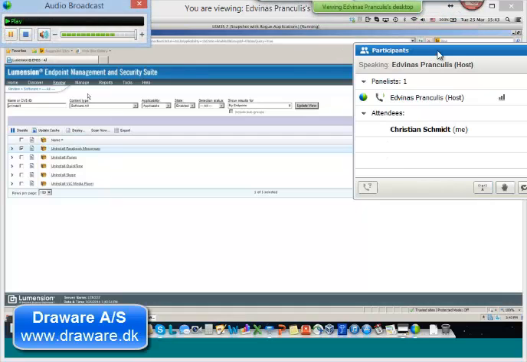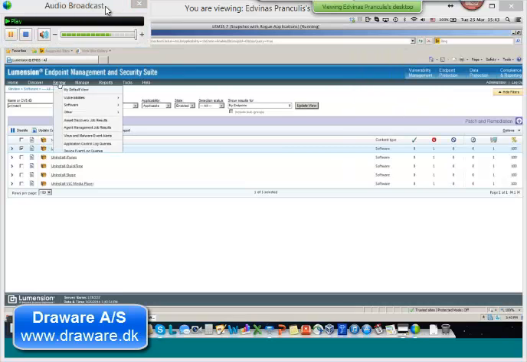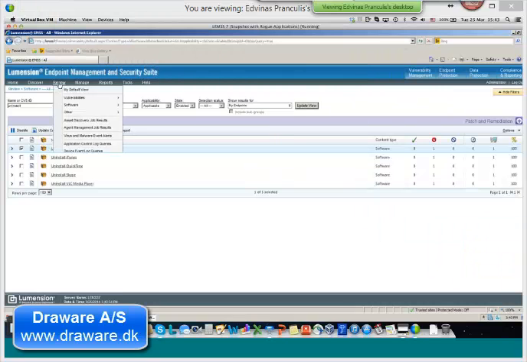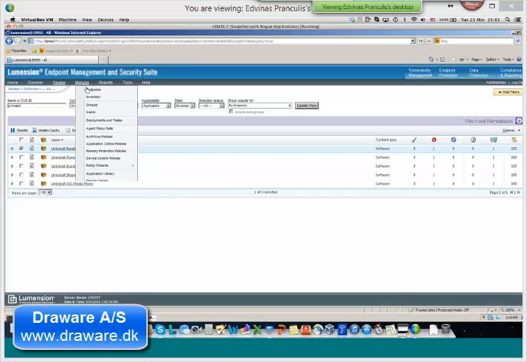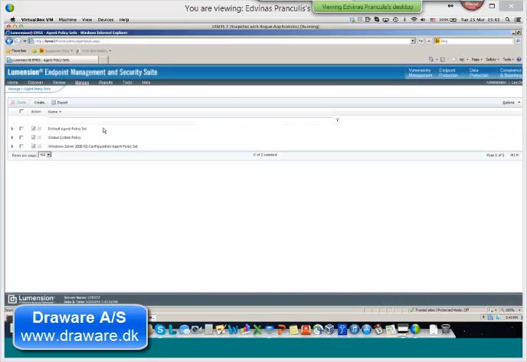Deploy that across your enterprise. And two additional things to add for the patch management option is the ability to tailor how the system works for,